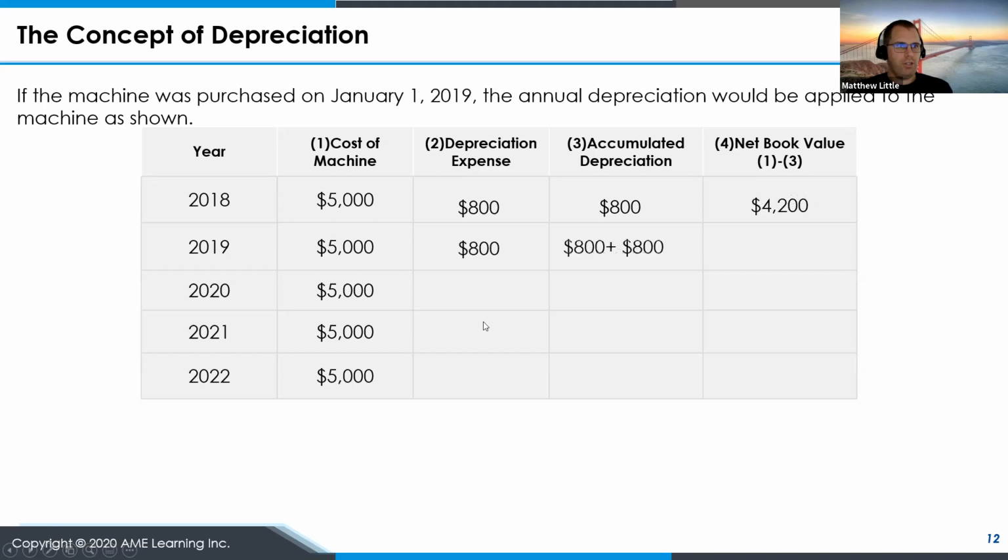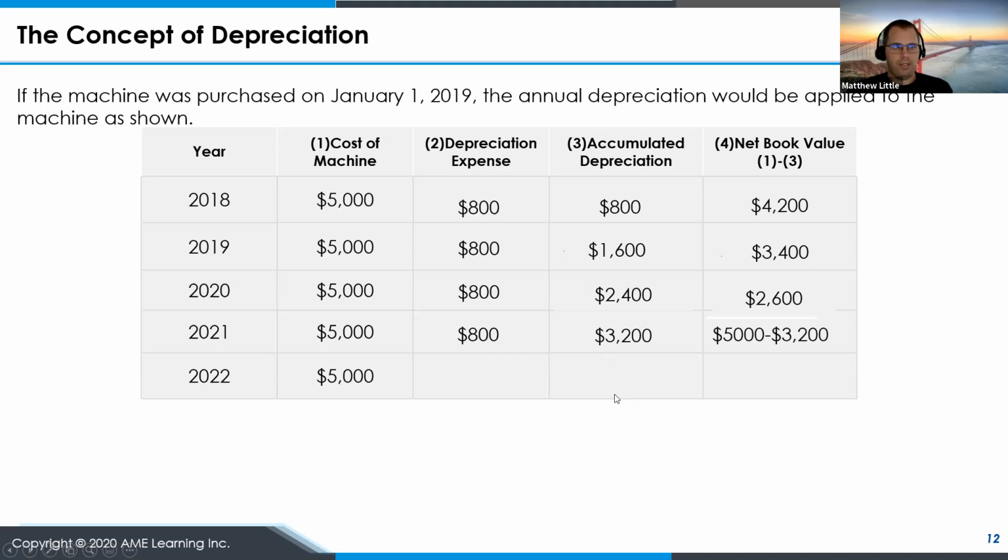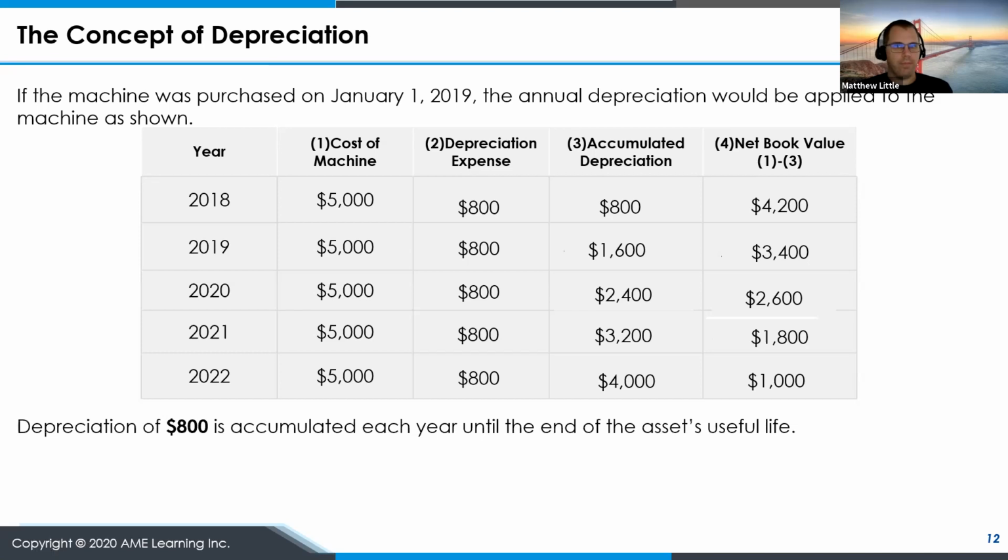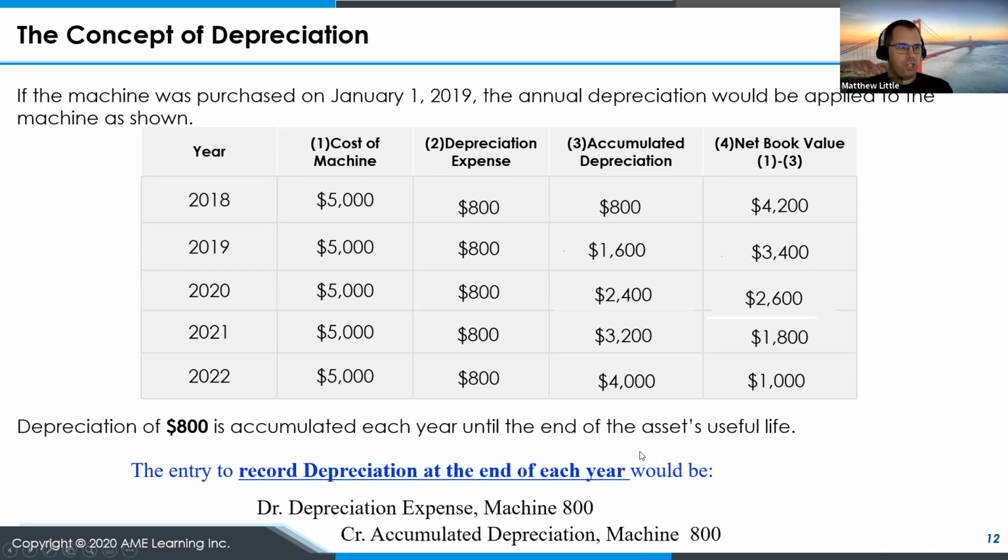And you'll see as we fill in the chart, recall from previous class, that the depreciation expense does not carry forward. The accumulated is the sum of all years to date. Net book value is the difference of the cost less accumulated. So you'll see after the 5-year period, our asset would be worth $1,000 net book based on the residual value that we used. Okay. Each year, we would have a journal entry to debit depreciation expense for that machinery for $800 and credit accumulated depreciation for $800 as well for that machine.